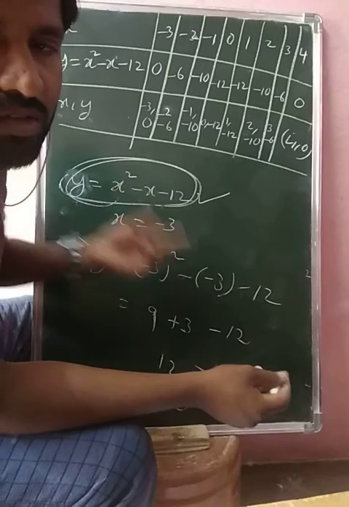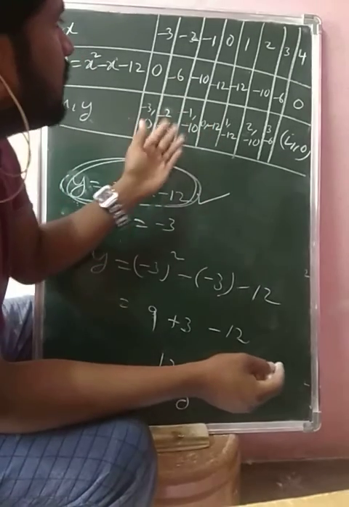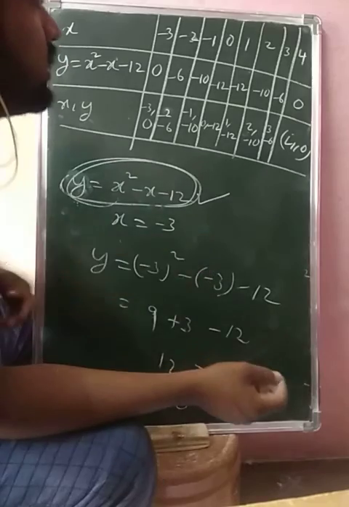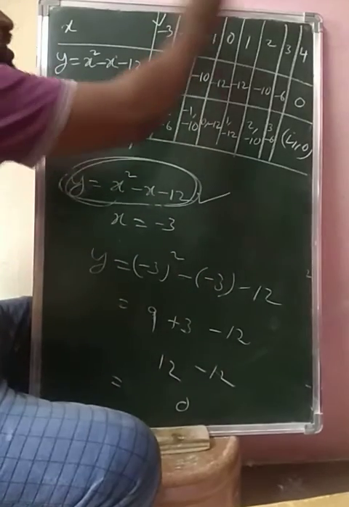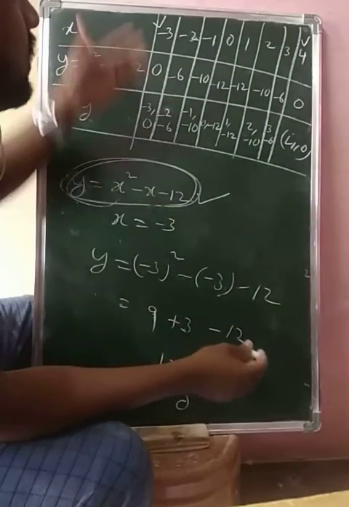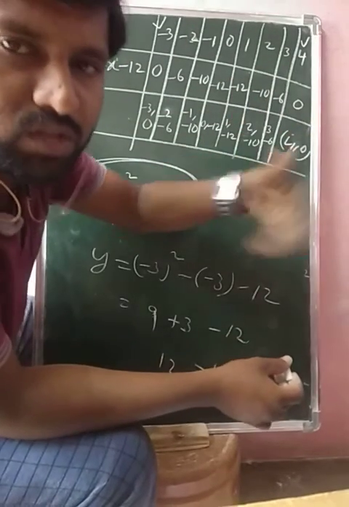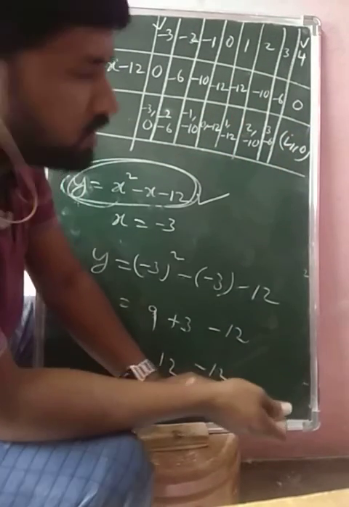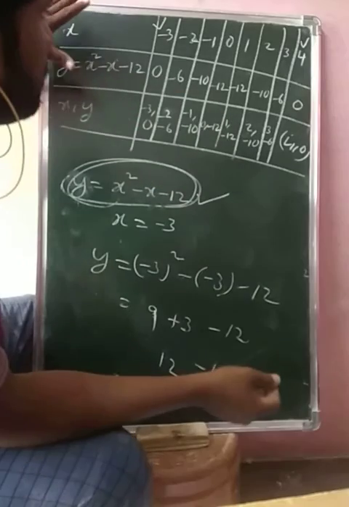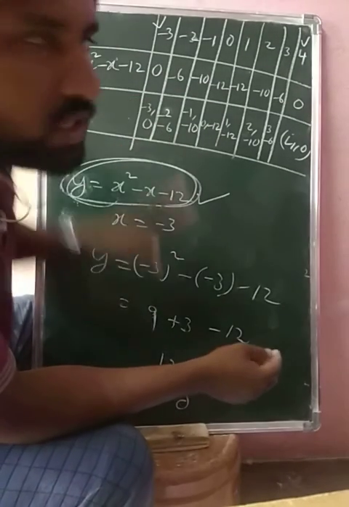So just now first of all I found the zeros of the polynomial by splitting the middle term. That's why I stopped at -3 here, and at 4 only. Maybe if the roots are not -3 and 4, we can substitute other real numbers also. So you just make it as a table carefully. Now we should plot these points on the graph.